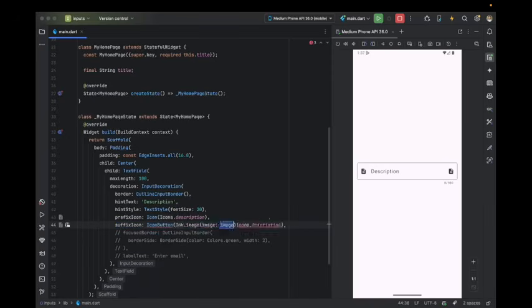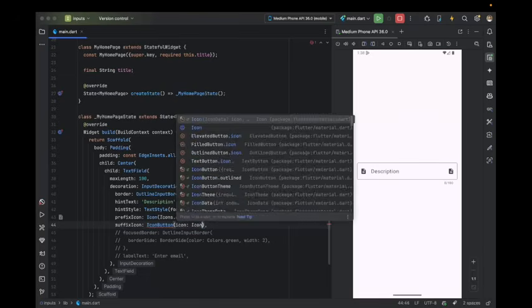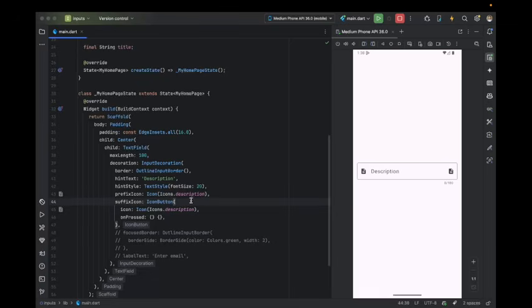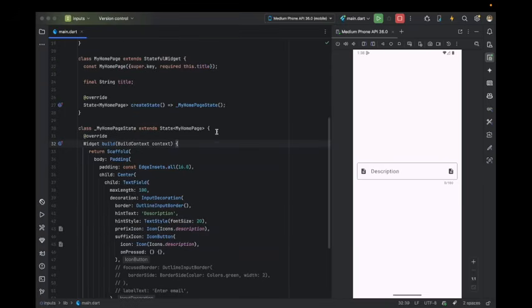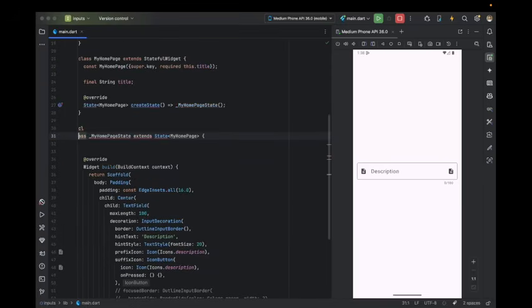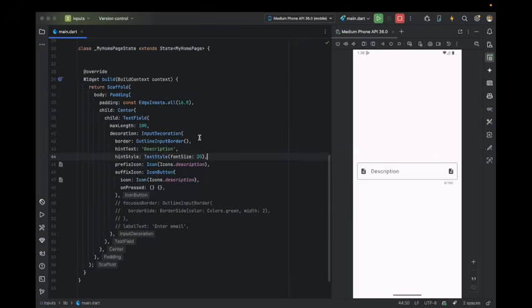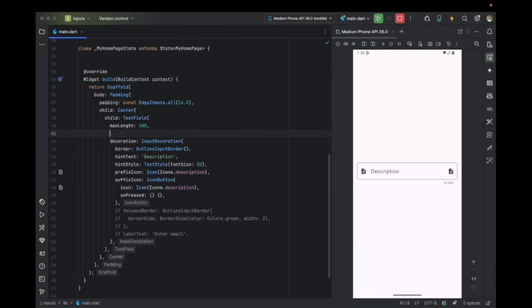So let's just give this an icon button, we'll give the icon, and we will be needing. If you want to perform something on the suffix icon, on click of this, we can do that. So let's just suppose I'm going to use value. Now before that, if you see, we have another option which is called